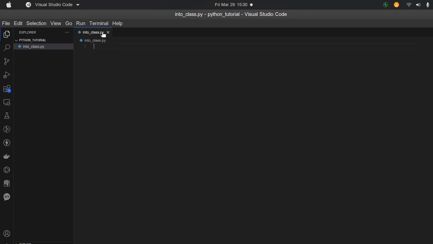Now, immediately you see something like an arrow. This arrow is to run a Python file. When you have the Python extension installed, it comes with this arrow, which makes it easier to run a Python file from anywhere. So we are just going to go through the Python syntax, and how we can run our Python file. Python is always case sensitive,